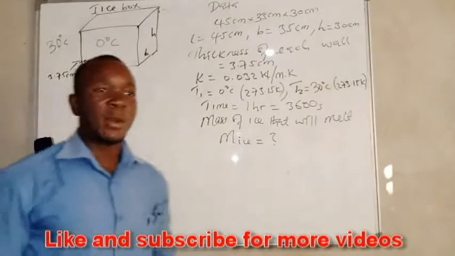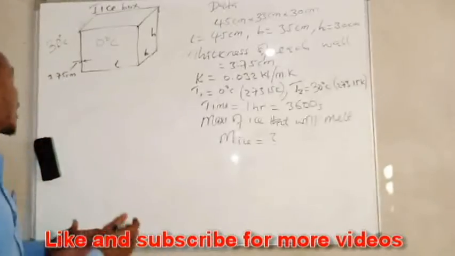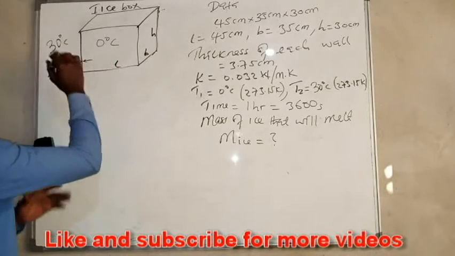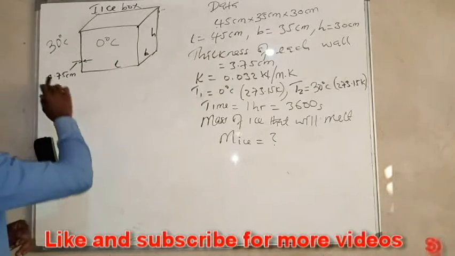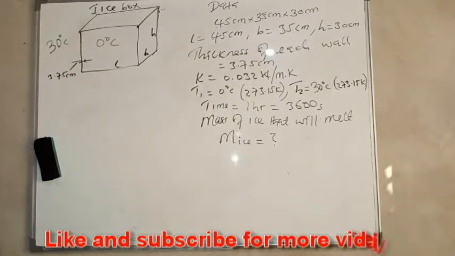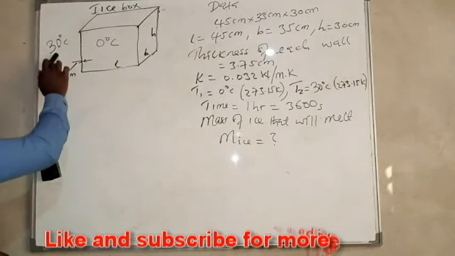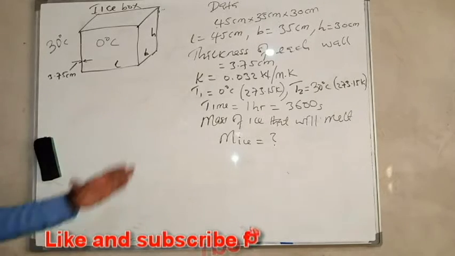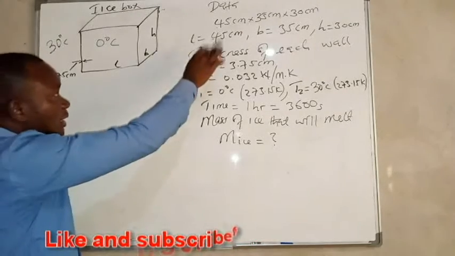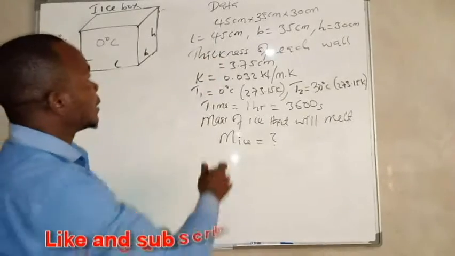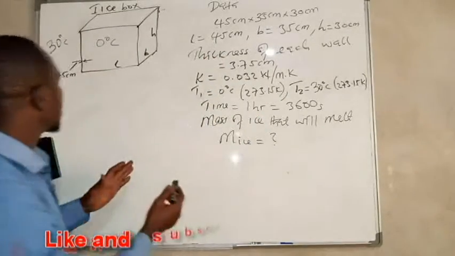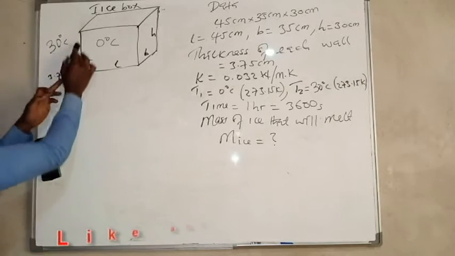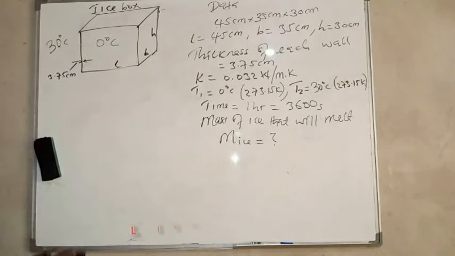Since we're talking about the ice melting, we are given that the temperature in the box is 0, and the outside environment is 30 degrees Celsius. This is the information that we've been given. The dimensions I've talked about already, and we also have the thickness of each wall, which is this and this. So the thickness, how big it is, is